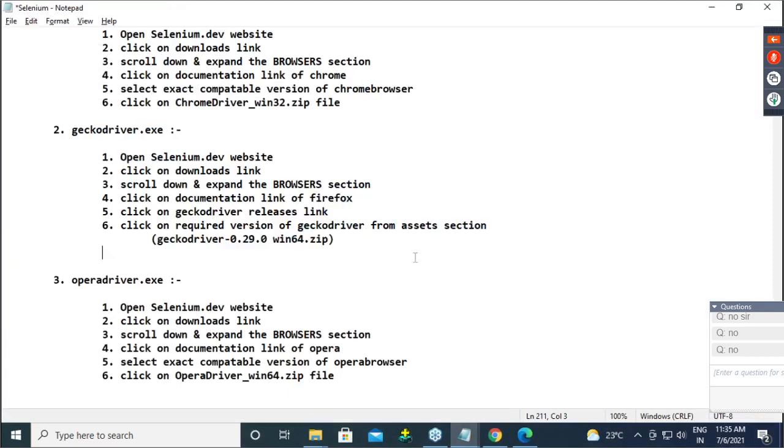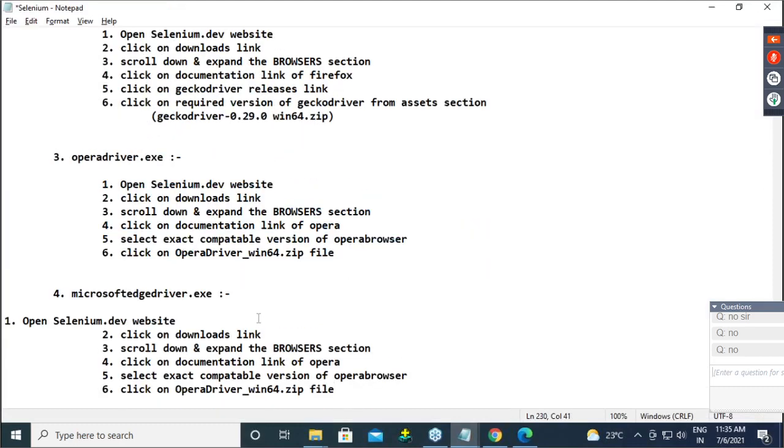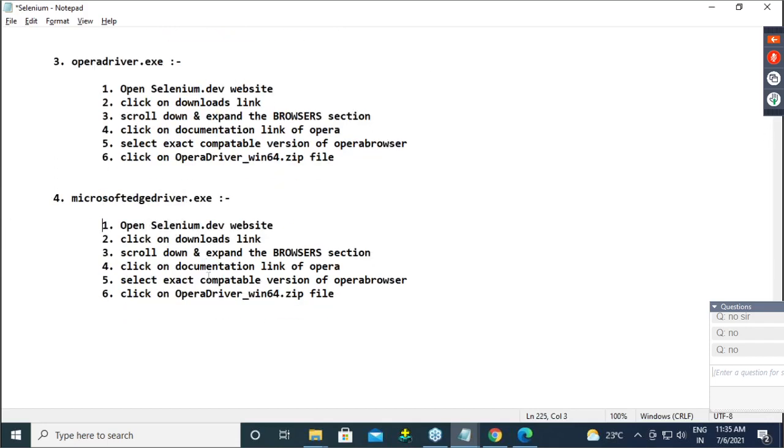Okay. So what are the steps? Steps are very simple. Go here of Edge, then select exact compatible version of Microsoft Edge. Okay. And get MSEDGE Windows zip file.